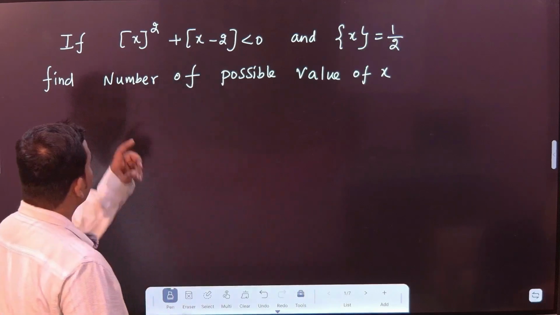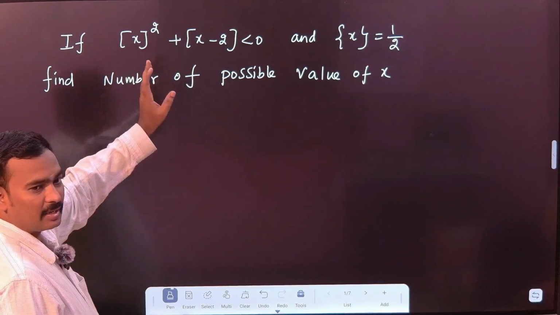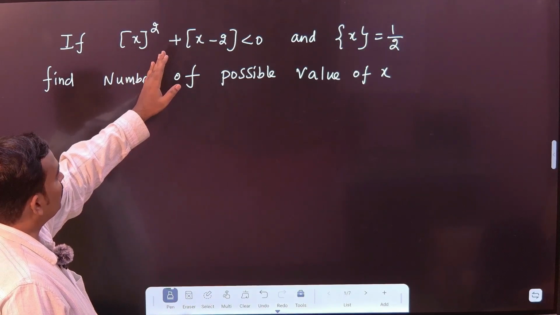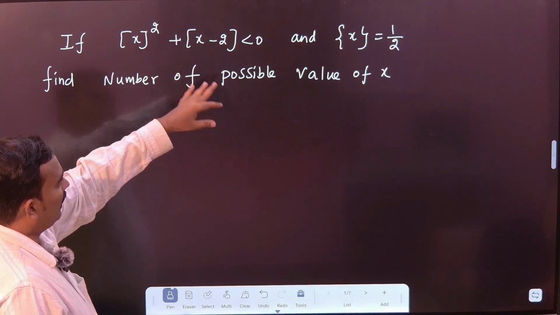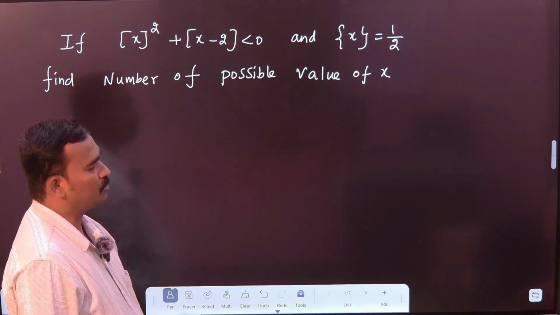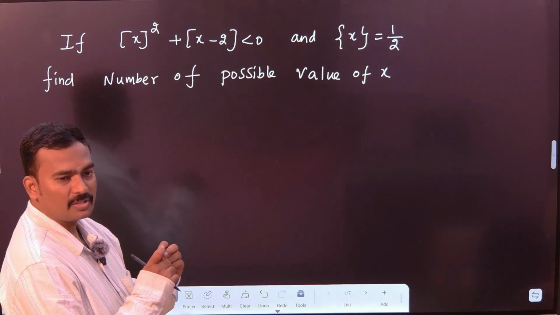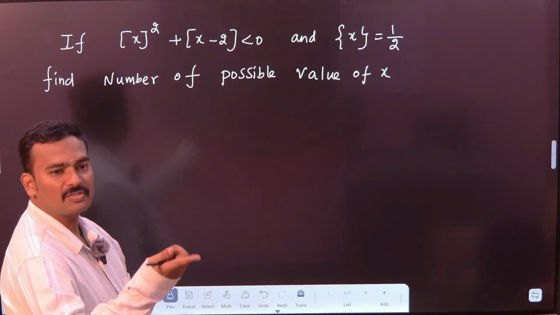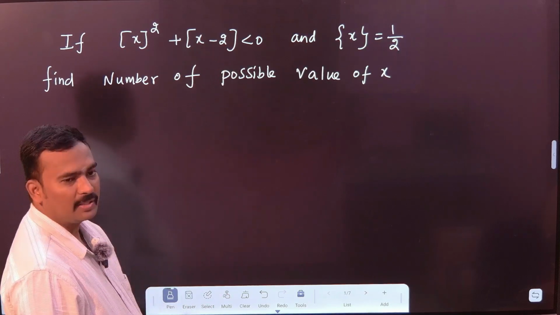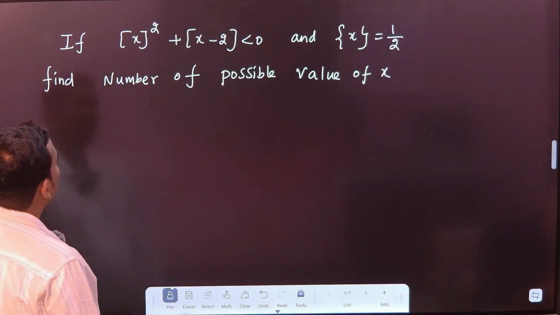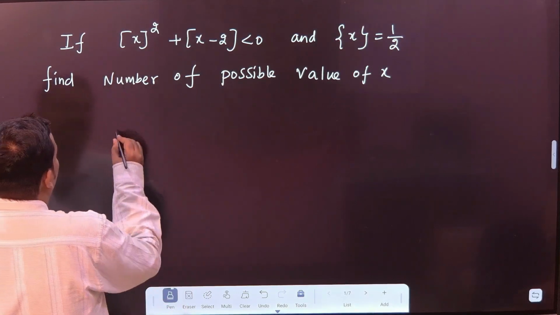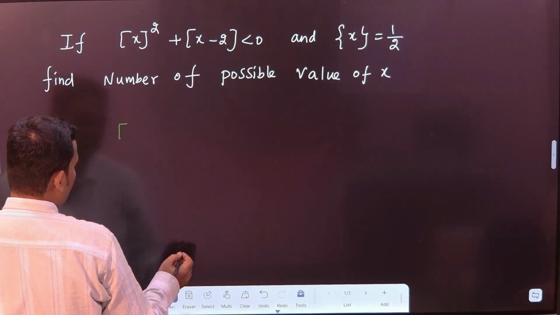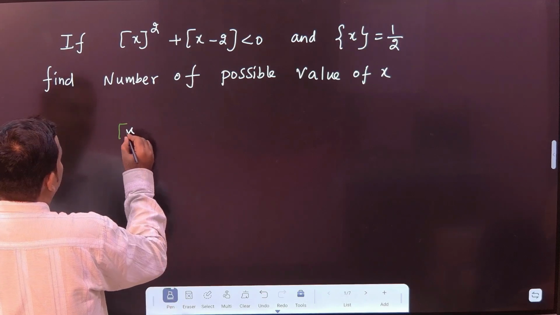You can see the greatest integer function of x squared plus the greatest integer function of x minus 2 less than 0 and fractional part function is equal to 2. So this is your system of equations. You need to find the solutions which satisfy both equations, right? Okay, first you can see, solve the first inequality. Greatest integer function,